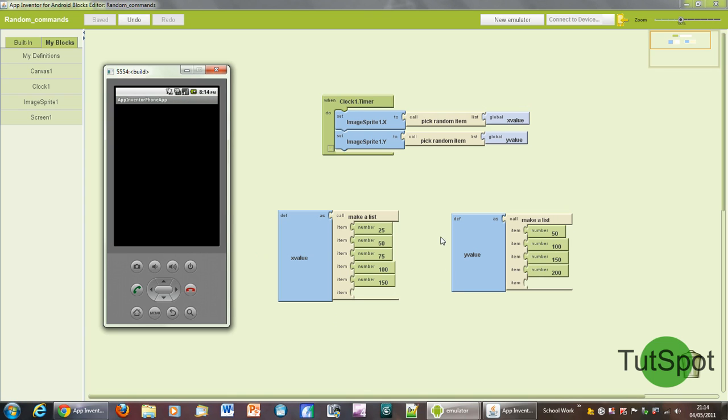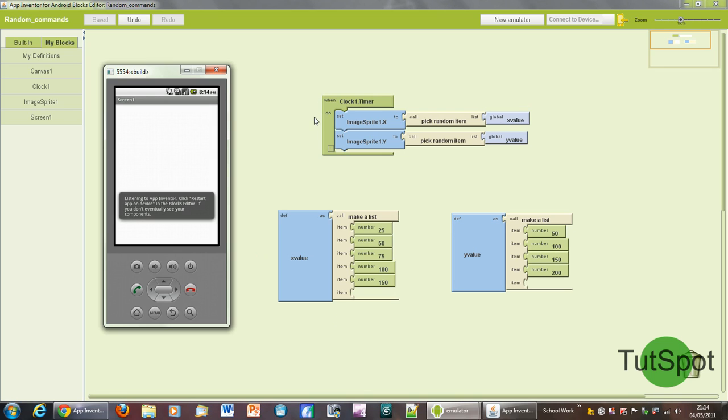There are actually various ways to stop the timer going off as soon as you enter the app, but for the moment I'm just going over the basics. And as soon as it finishes loading, you'll see that the logo moves about randomly every 1 second, and it's completely random. The computer is just picking one of these numbers at random and making it the X and Y